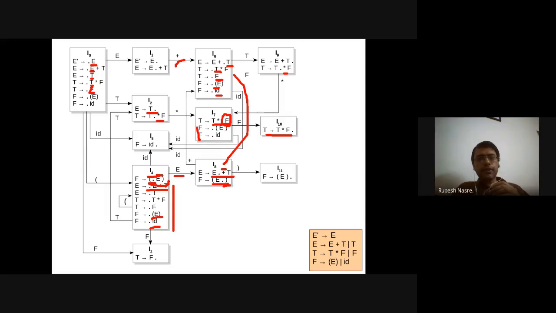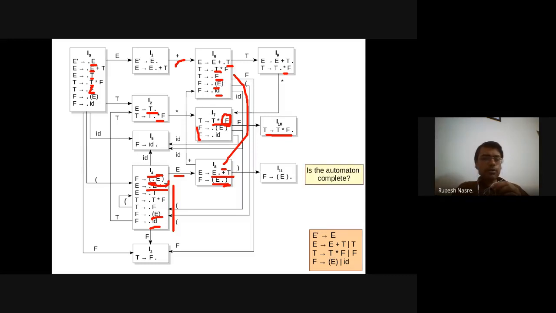On F from I6, I can go to T deriving F dot. That is I3. So that will come all the way to this and so on. There will be other transitions, and mostly the states are going to get reused. Nothing more is going to get added.